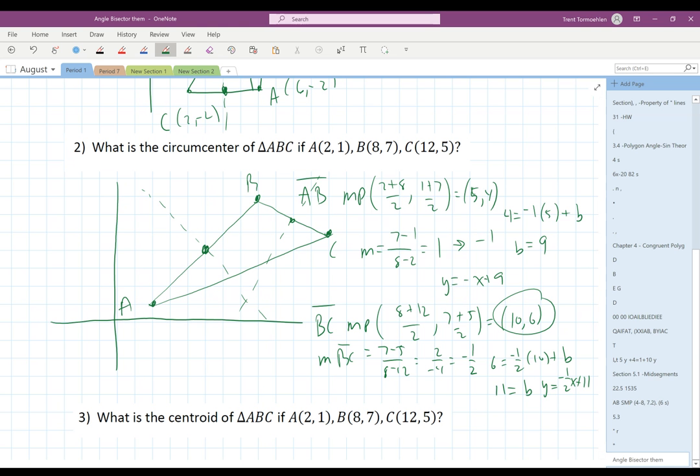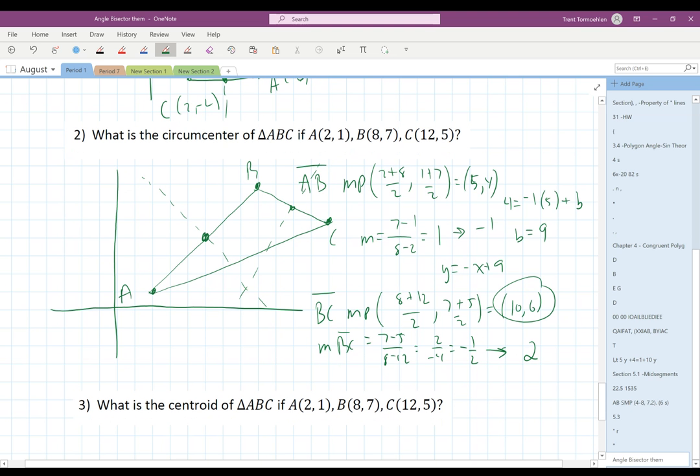Oh, it's not going to be negative 1/2. That's a common mistake that we make. The negative 1/2 is the slope of BC, but we want the perpendicular slope, which is the negative reciprocal, so we need a slope of 2. And so that's going to calculate b a little differently. 6, the y-coordinate, is equal to the slope times the x-coordinate 10 plus b. And so b turns out to give you negative 14. And so you get y equals